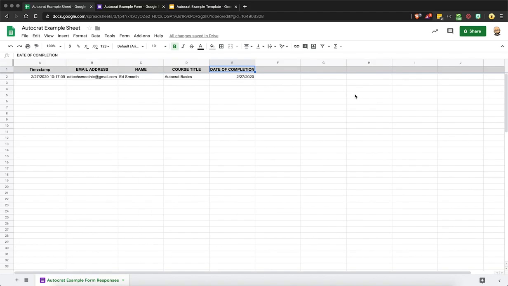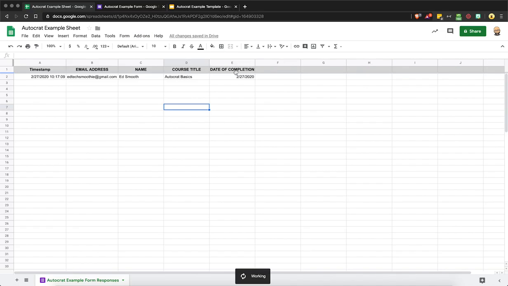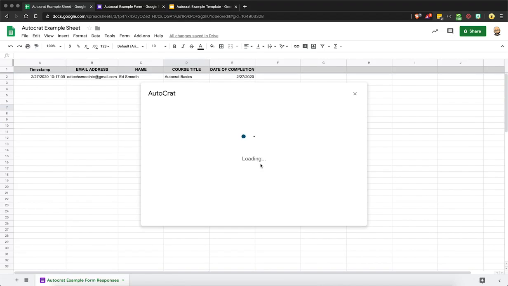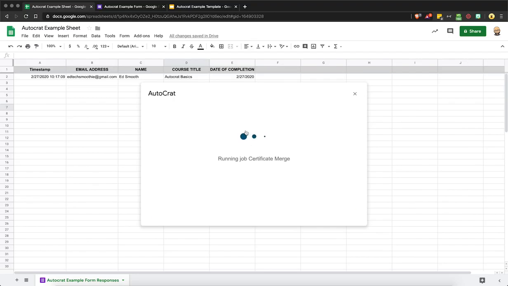So if I X this off, now I'm back in my sheet. If I go back to add-ons, Autocrat, launch, it will launch again, and I'll see my certificate merge saved as something I can do. And whenever I'm ready to run all of these certificates, remember maybe I have 10 or 20 in there, all I have to do is click on the little play button. So I'm going to do that now. And when I run the job,